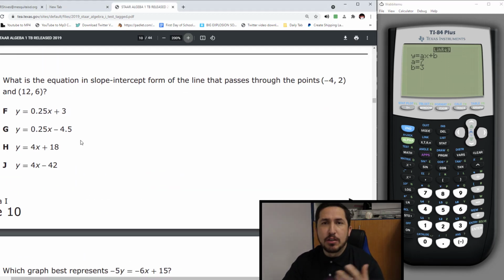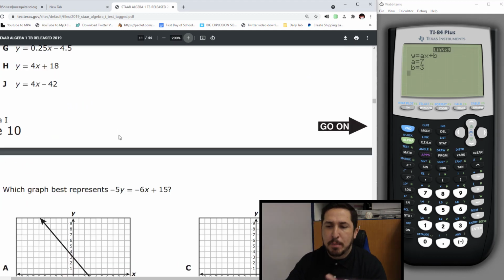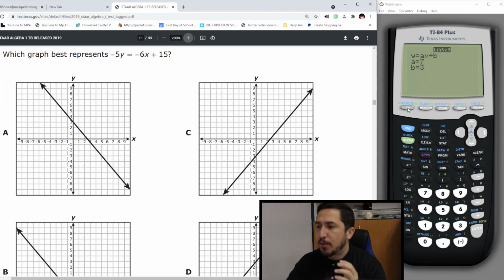Number 6. Slope intercept. You should do the same thing we just did. You put those 2 points in your list. You go stat, enter, and then boom, put your stuff in, type it in. One of these guys will pop out. Next guy, you have to know how to solve for y. Watch that video how I solve for y. But if you don't know or you want me to do it real quick, here's how I'm going to do it. You better find the pattern.